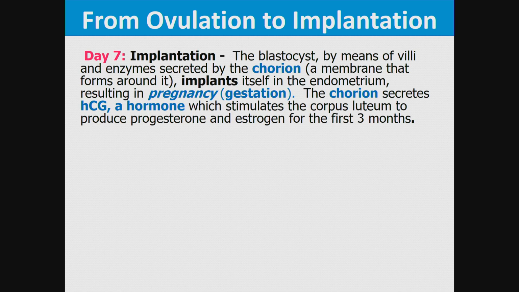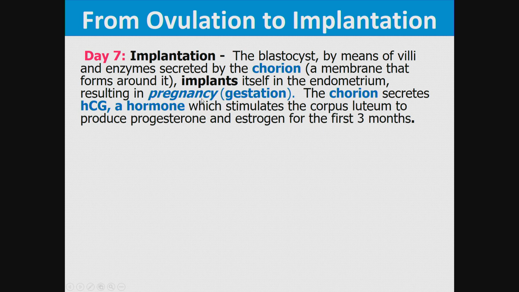Day 7, while it is a blastocyst, it implants by means of villi and enzymes secreted by the chorion. It implants itself into the endometrium, resulting in pregnancy or gestation. We can remember the word gestation if we pronounce it guest station, and remember the baby is a guest in